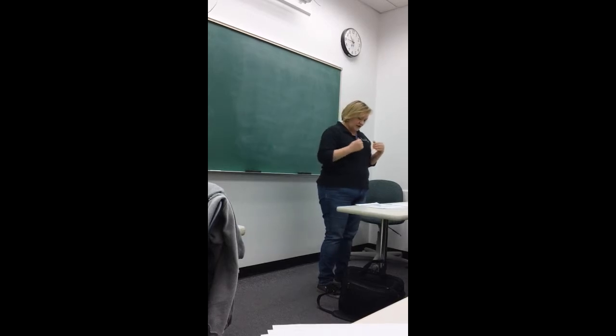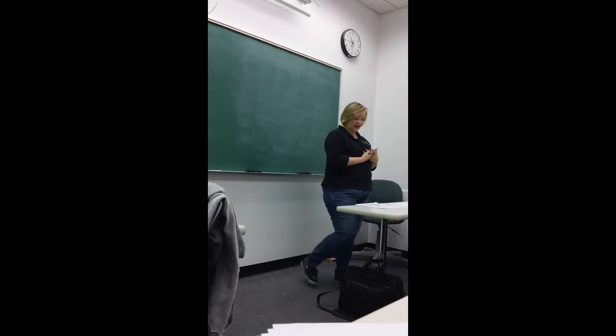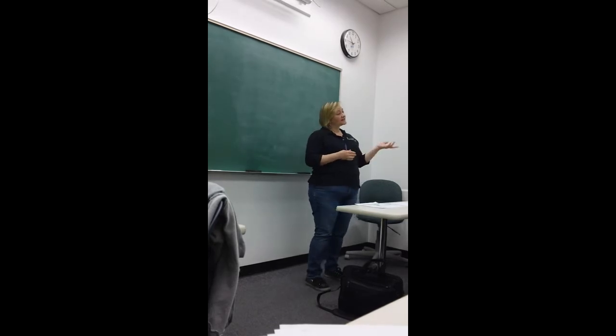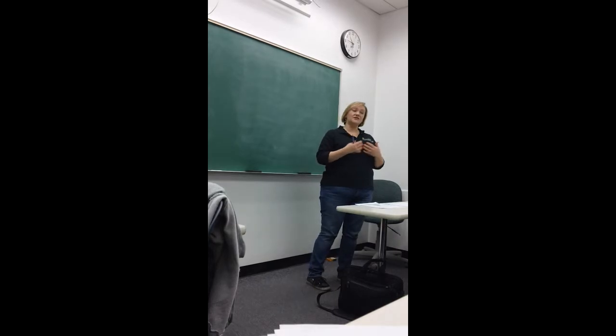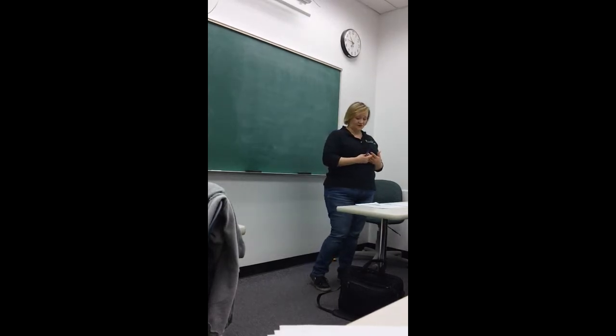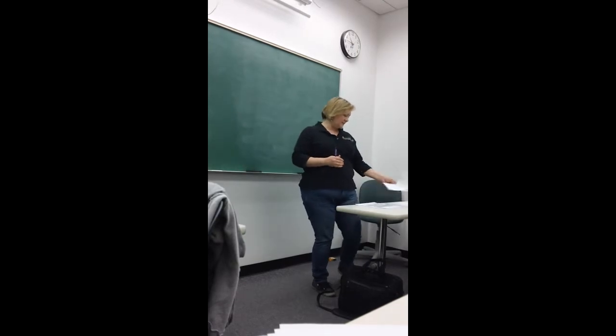So in addition to physical attractiveness, this study also wanted to measure some other levels of attractiveness. Social attractiveness. That basically means, do I think I would like this person? Do I want to hang out with this person? Do I want to get to know this person more? That's social attractiveness. Task attractiveness. That question is, would I want this person on my team? Do I want to do a project for school or for work with this person? Do I think they're going to pull their weight? And then source credibility. Does this person seem believable? Would I trust what this person tells me? Are they a credible source? So those are some of the other questions that the study was asking.